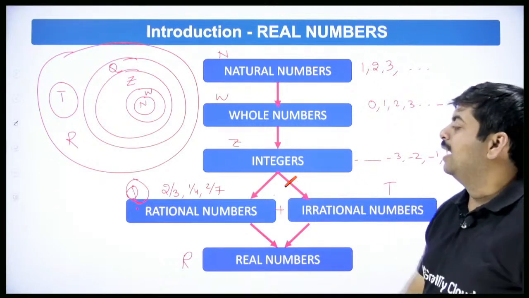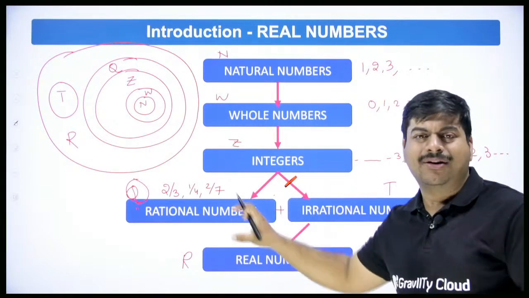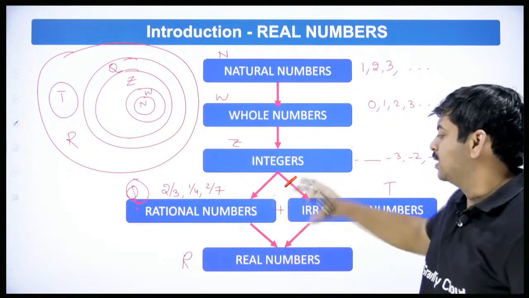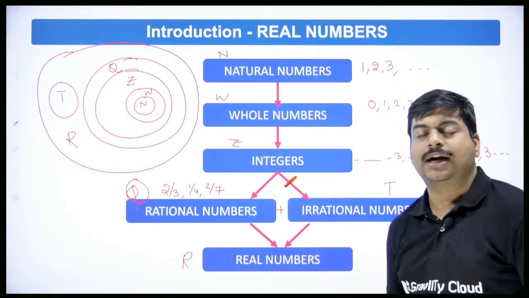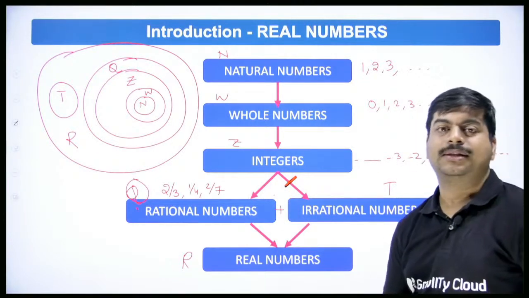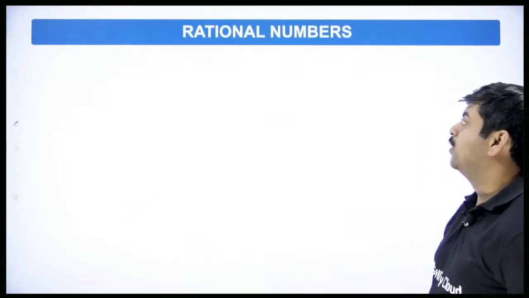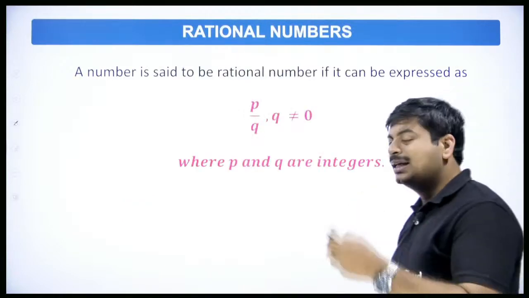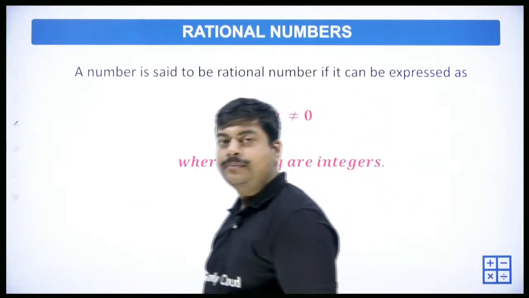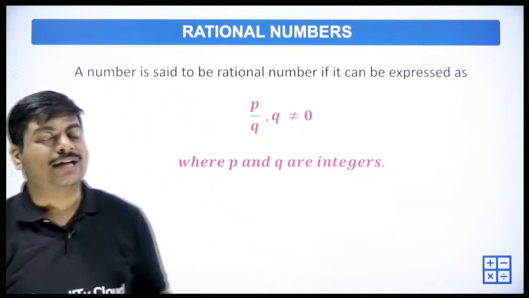Right? So let's try to have a small discussion about rational numbers, and then we'll go for the discussion of irrational, and from there we'll try to discuss some applications of real numbers. So what is the first one we're going to discuss about rational numbers? What is a rational number all about? What is a rational number?